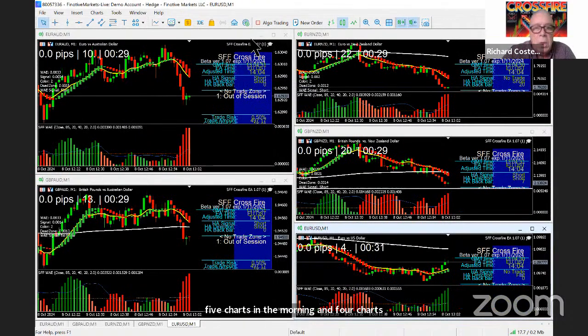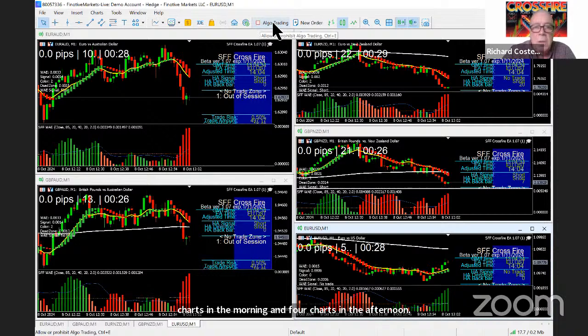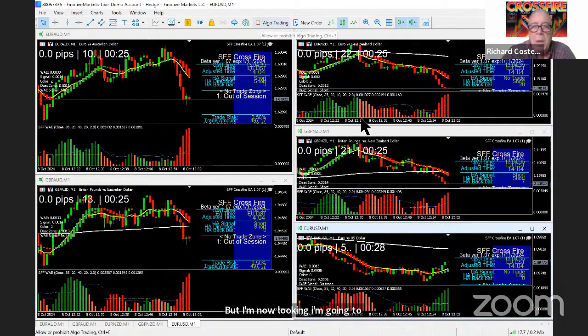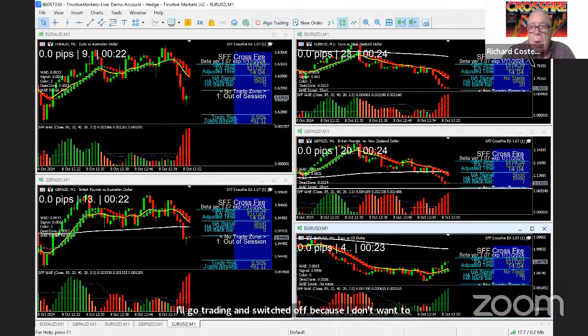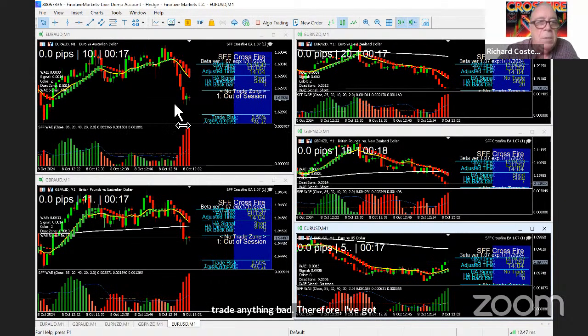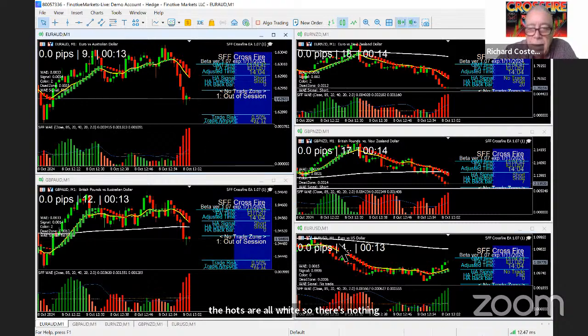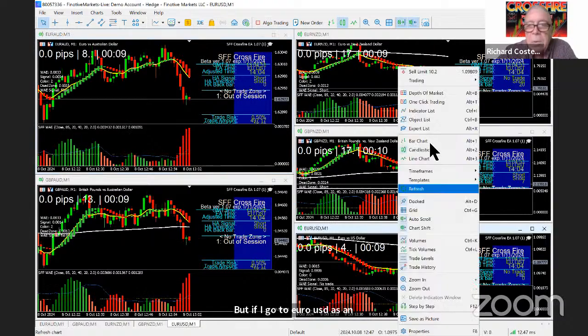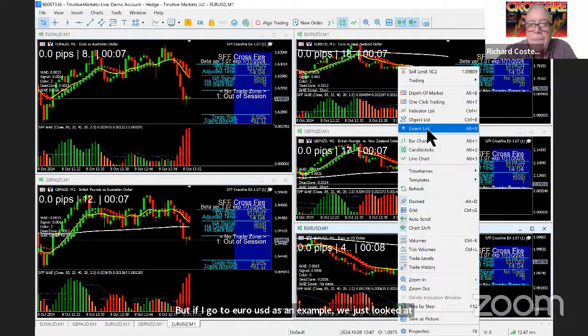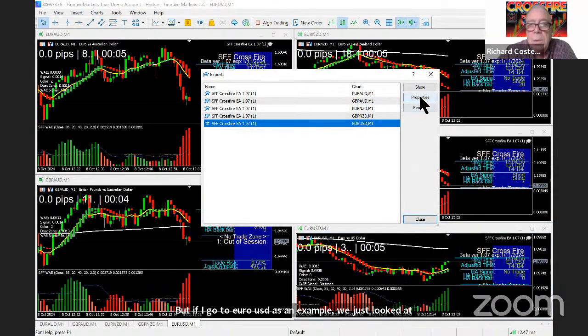But I'm now looking. Algo trading is switched off because I don't want to trade any of these pairs. Therefore, I've got the white hats. The hats are all white, so there's nothing likely to happen on these 4 pairs. But if I go to Euro USD as an example, because we just looked at Euro USD on the other chart,